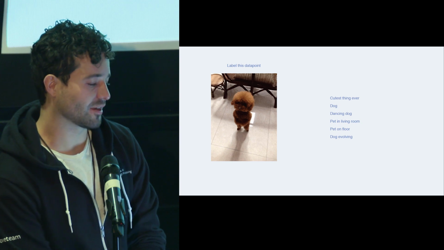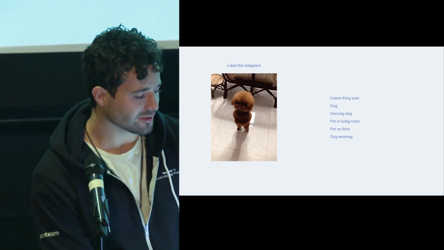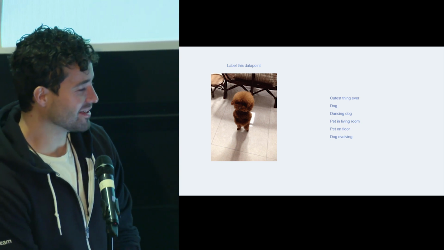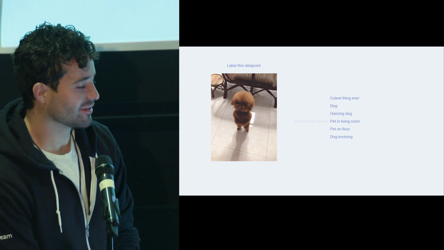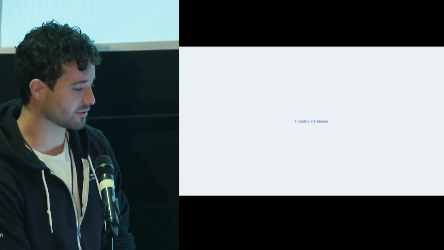I went around the fair and took a survey, and this is what people said: pet on the floor, dog evolving. The point is that humans are biased, right? When we're labeling data, we're embedding those biases into it. So when you have labeled data and you're running it through your systems, you're bringing that in implicitly, which means you are not necessarily going to extract the relevant information.